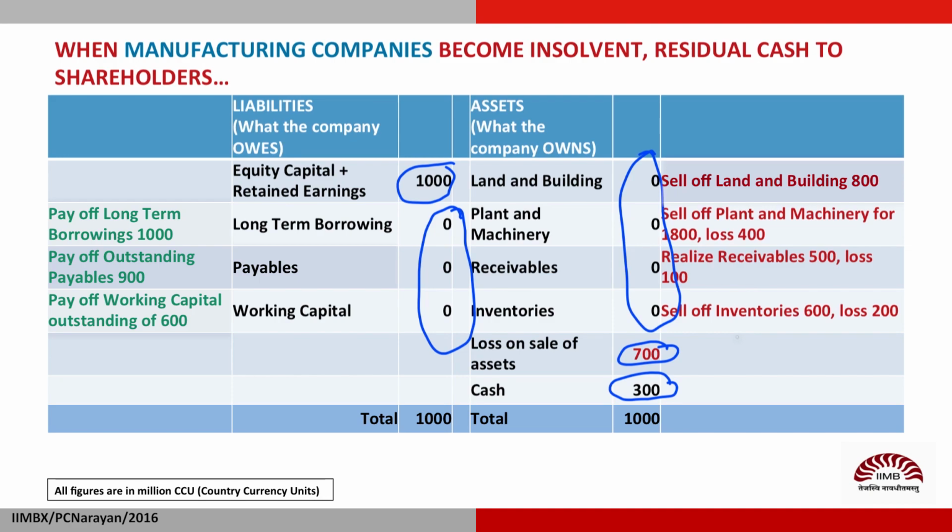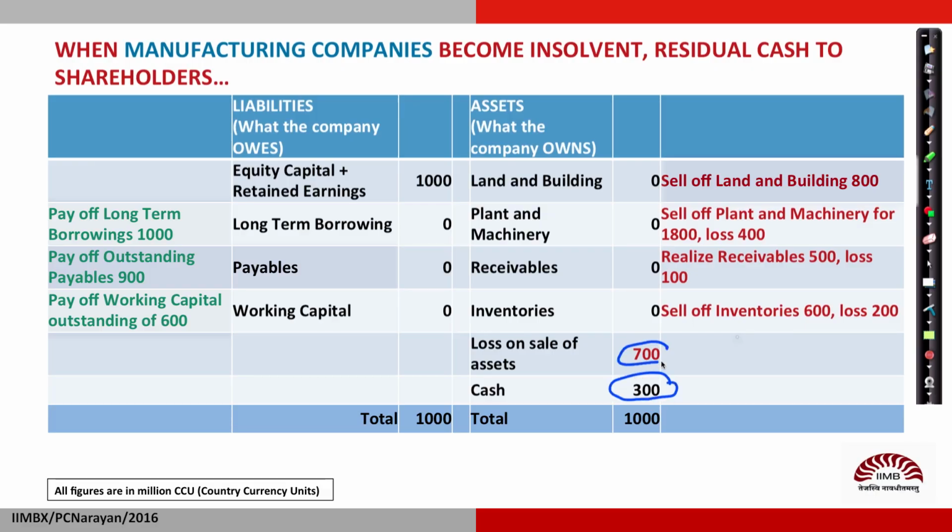What does this actually mean? If you had invested 10 currency units in this company, now that the company is fully wound down, you will get back only 3 currency units for the 10 currency units that you invested. In other words, you have absorbed the company's loss to the extent of 7 units per 10 units. Or for the 1,000 units that was invested by the equity shareholders, they get 300, and the 700 is the loss that they have to bear. This is a gradual, well-organized winding down of a manufacturing company.